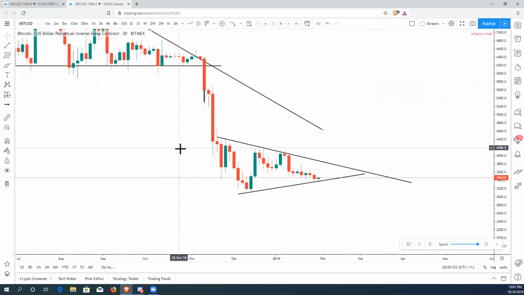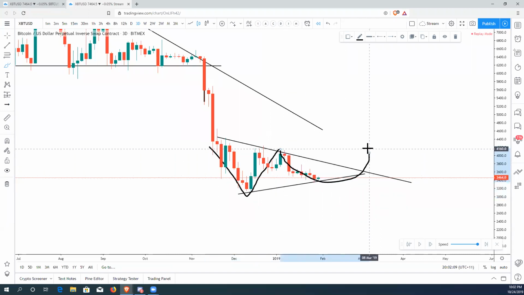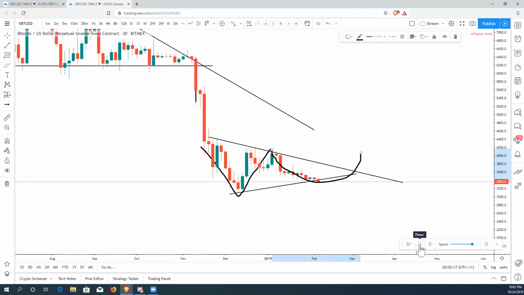This is what we all saw back at the bottom. We were all assuming it was going to make maybe a bit of a double bottom like this and come up, because usually that's how a bottom is formed. You get a bit of a V, which is the volatility. And then once the volatility dies off, you normally get a nice rounded bottom afterwards. And that's what we were expecting to happen. But as we press play on this, we can actually see that it's played out as a bit of a symmetrical triangle,